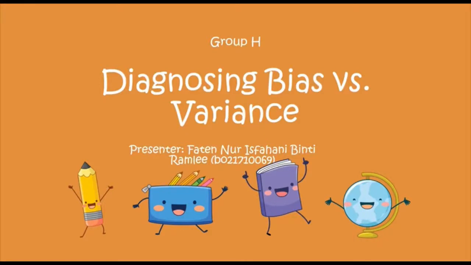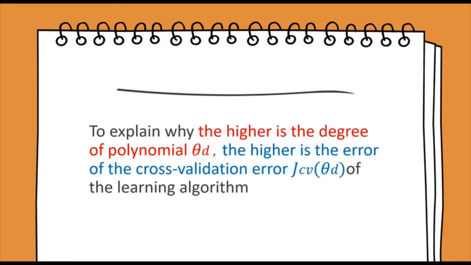For week 10, under our topic Diagnosing bias versus variance, for group H, to explain why the higher is the degree of polynomial, the higher is the error of the